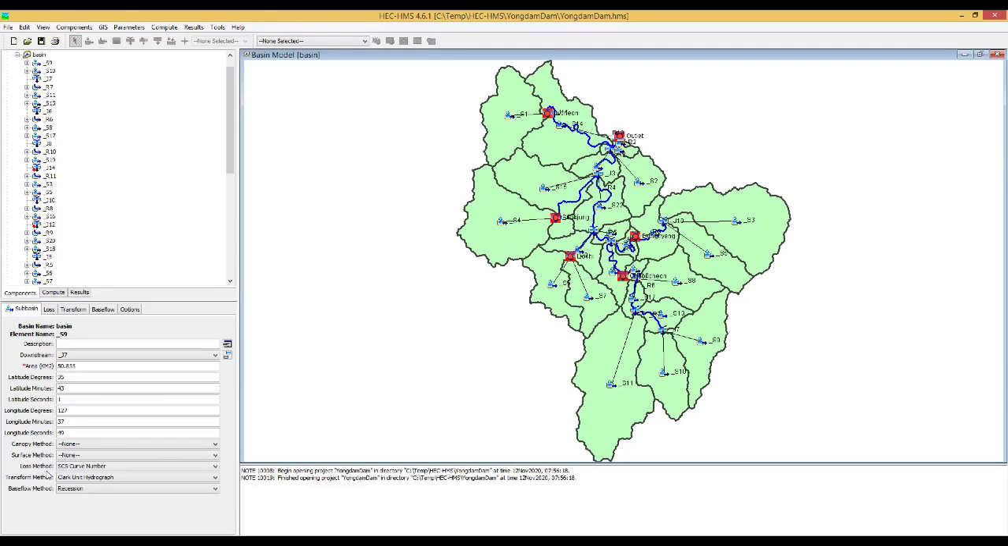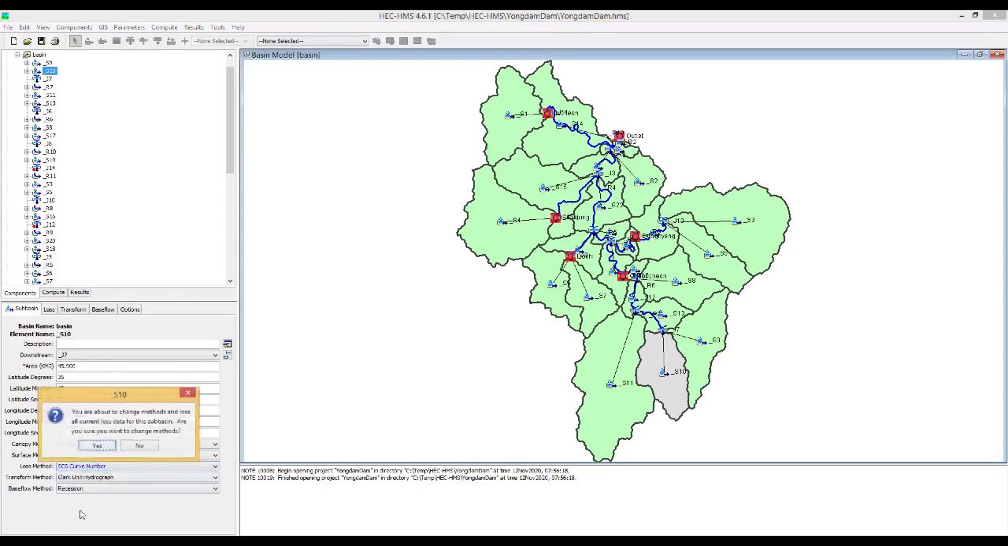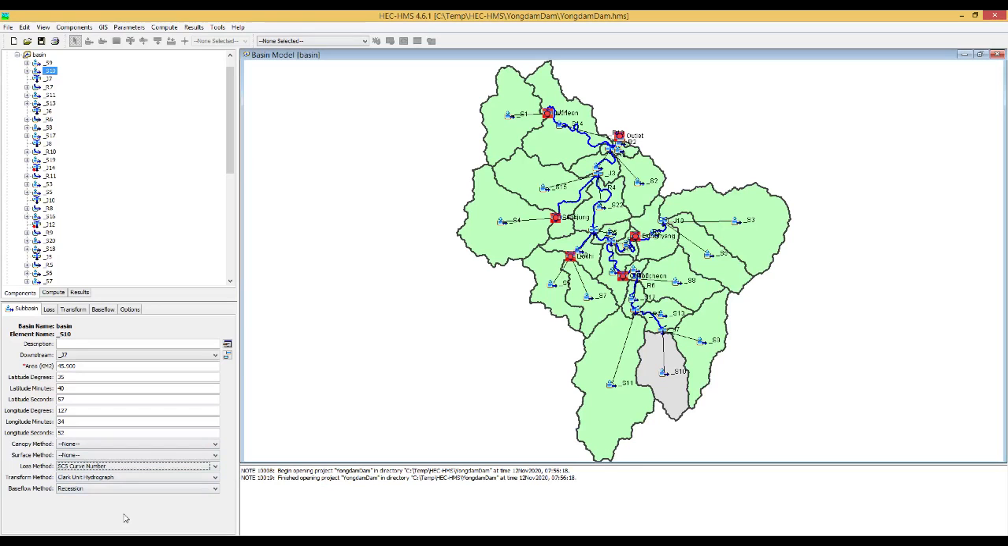So basically, you can select these different methods. So I will select this loss method for the SCS curve number and transform method for clock unit hydrograph and base flow method as a recession method. So if you select this subregion 10, you can find all the same things, but this loss method, again, you need to select. For this individual selection, you can also have like this one, but